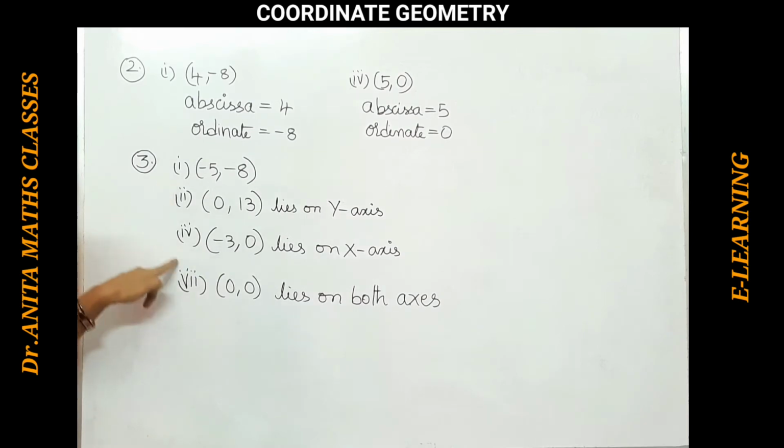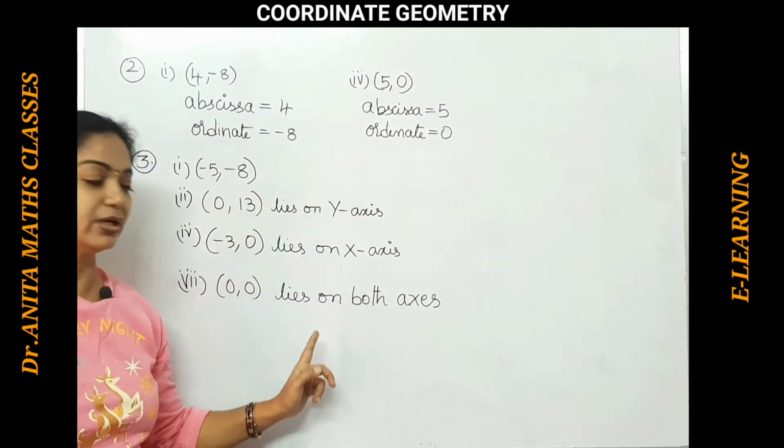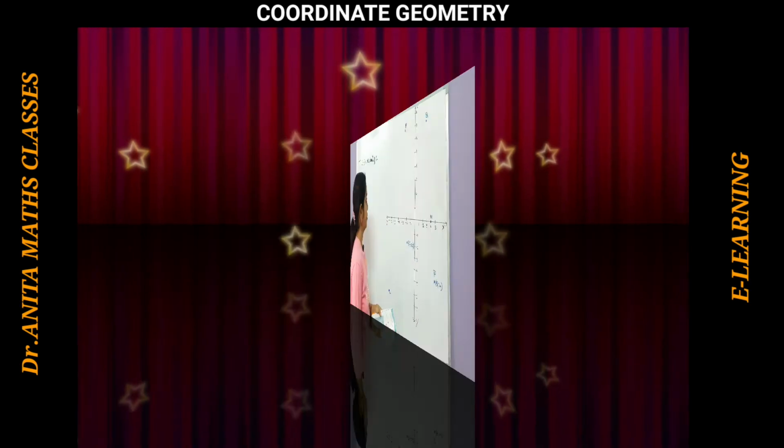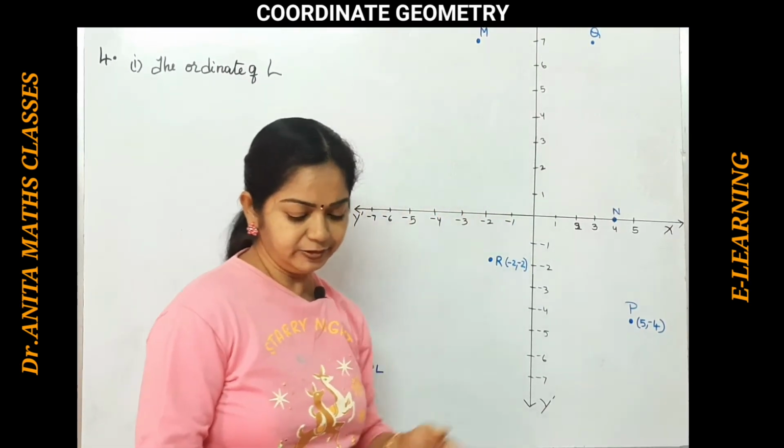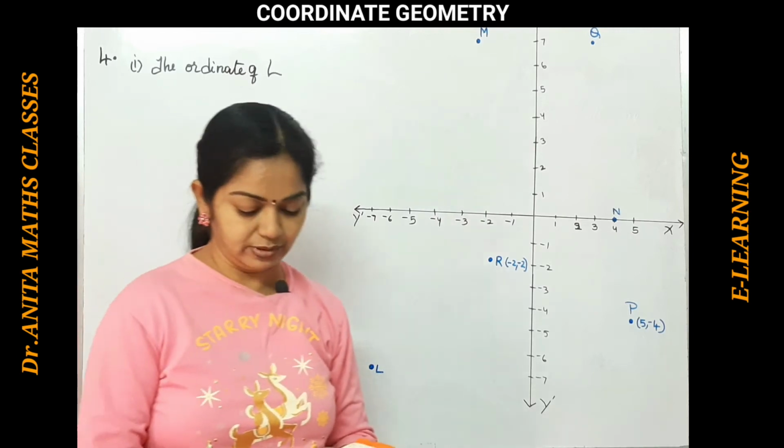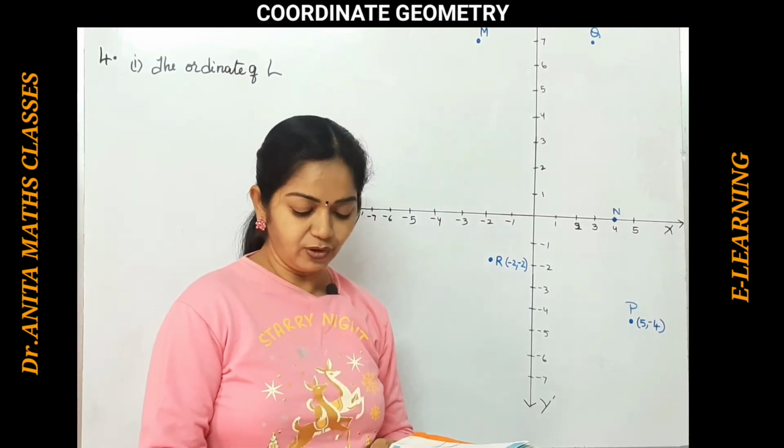A few more bits I have left over in between. These are the bits, you can do them for yourself. Pause and note it down. Let's see the next one. The fourth problem. A graph is given beside here. Seeing the graph, we have to write down. Write the following based on the graph.